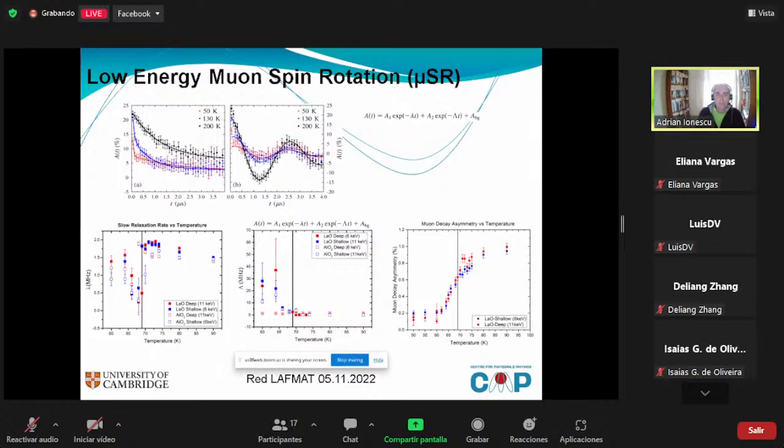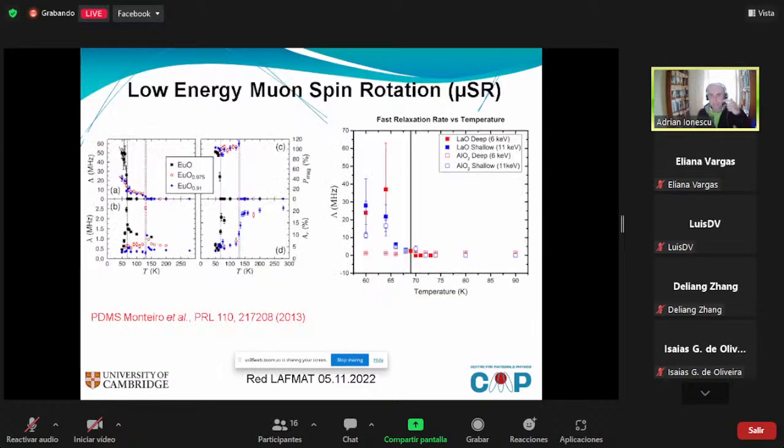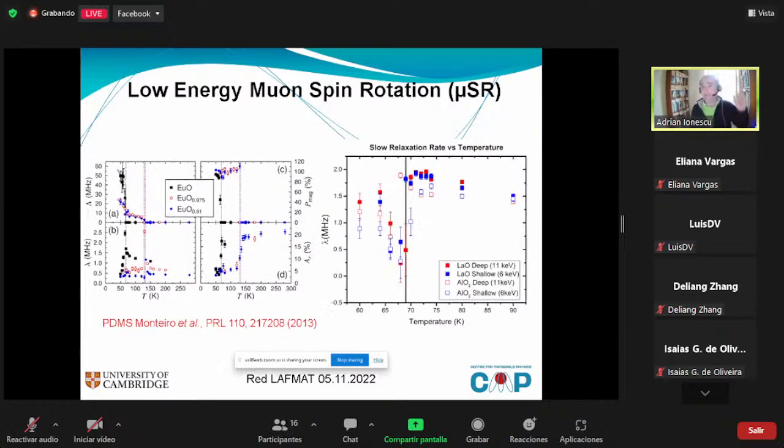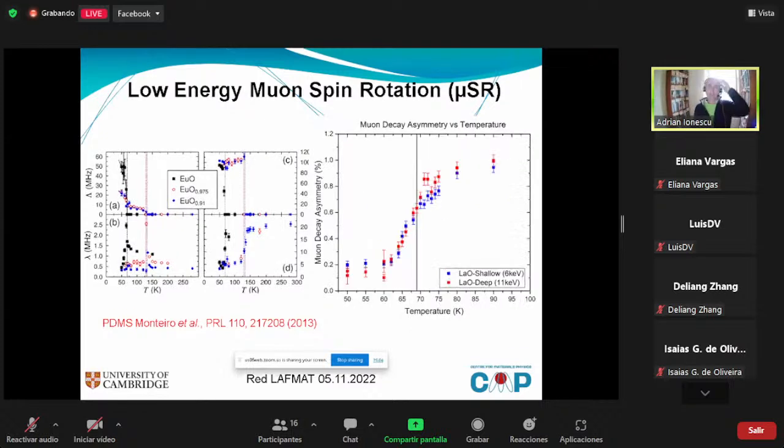But mostly, as we were scanning through the different samples, we could see that there was not much difference whether we implanted the muons shallow or deep into the material. Comparing this to data which we had previously obtained on pure europium monoxide and oxygen deficient europium monoxide, we could not clearly quantify that there is any presence of a two-dimensional electron gas as it was postulated theoretically by density functional theory. In fact, it looked like there was nothing,